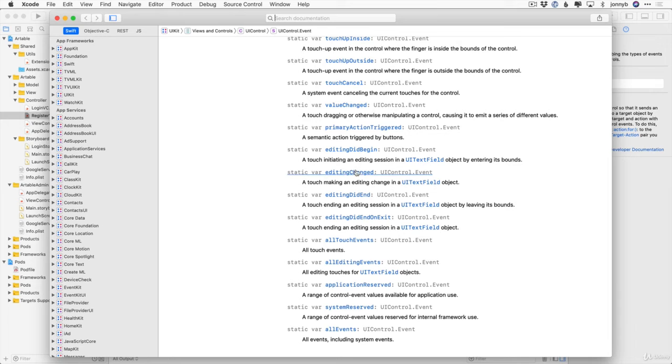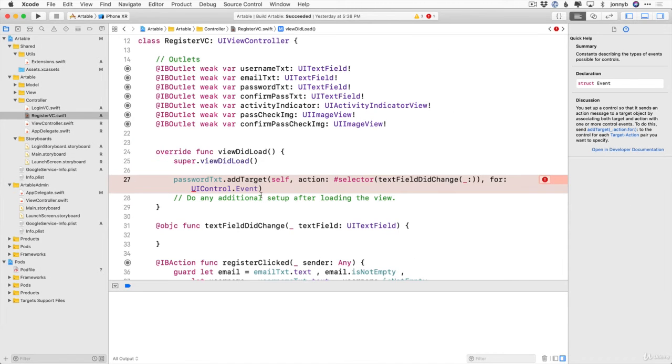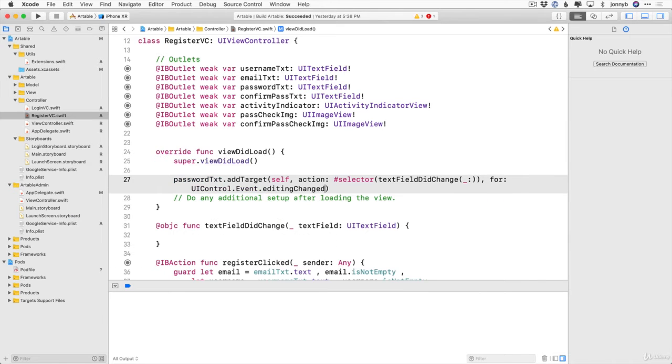editingDidBegin, editingChanged. Okay, so didBegin, didEnd. Those are the ones that were available to us using the UITextFieldDelegate. But we need this one here, the editingChanged. A touch making an editing change in a UITextField object. All right, perfect. So that's the one we need. We can say UIControl.Event.editingChanged. Very good. So now every time we change in the text field for password text, this function here